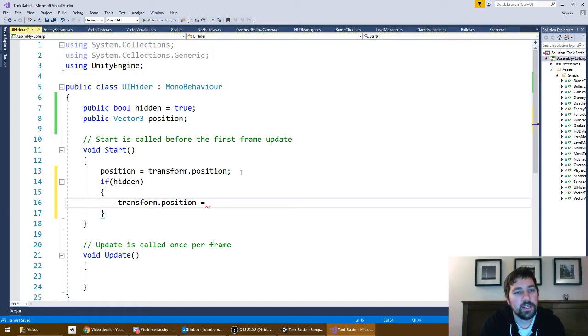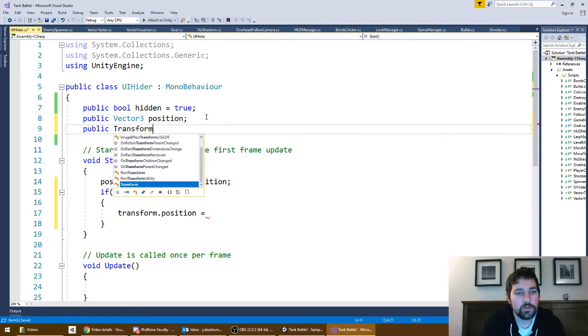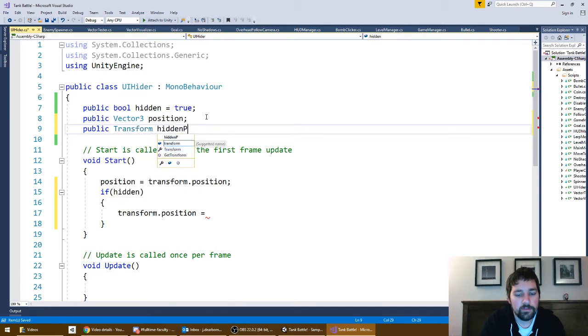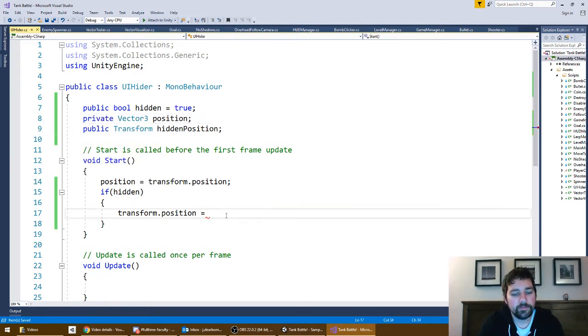We're going to need a hiding position. So let's say, make a transform hidden position. I'm going to make this position private because it doesn't need to be exposed. Alright, hidden position dot position, because it's actually a transform. I just use ridiculous naming for that. So if it's hidden, we'll set it to its hidden position,